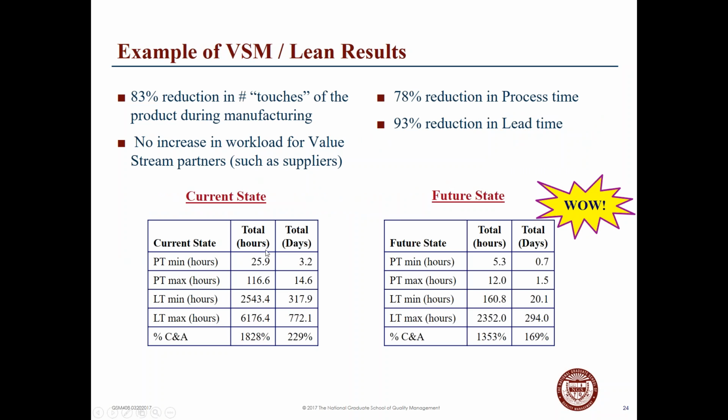So parts per minute was 25.9 hours of production time, and days 3.2 days. They moved to 5.3 hours, 0.7 days to fill those orders. So they had an 83% reduction in the number of touches that a product was done by the manufacturer, because it was all put into one step and less handling. No increase in the workload for the value stream partners, such as the supplier. It cost the supplier nothing more to do this process. They had a 78% reduction in process time, 25 days to 5, and a 93% reduction in lead time